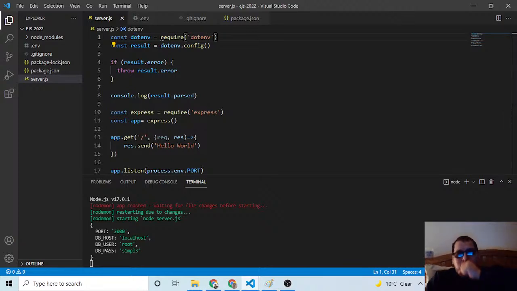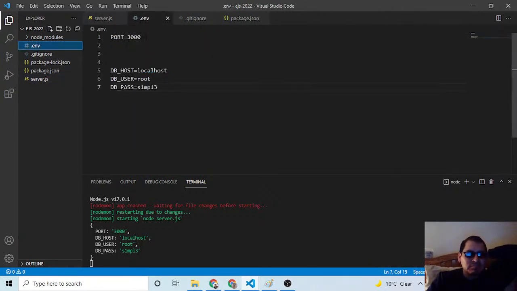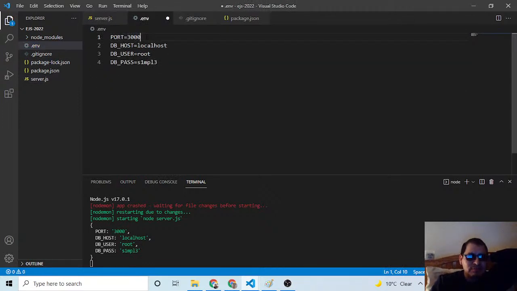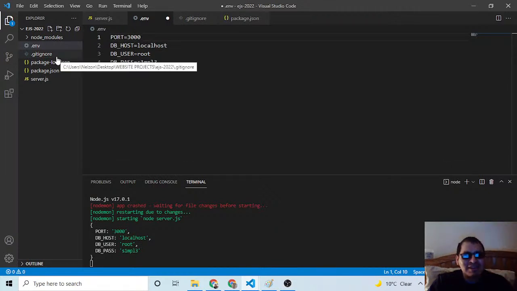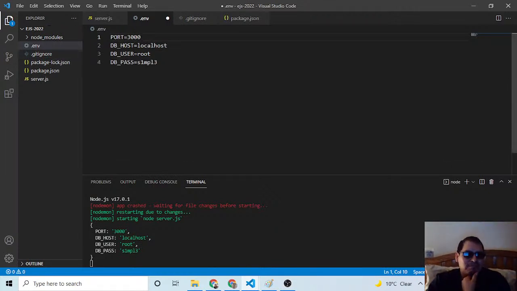So basically I have some variables here, like the port, the DB host, localhost, some variables and some values assigned to them, so I can get access to them. I didn't know this. So this is a .env file. Oh look, I'm trying to do EJS. But anyways, I'll need this. This is good.